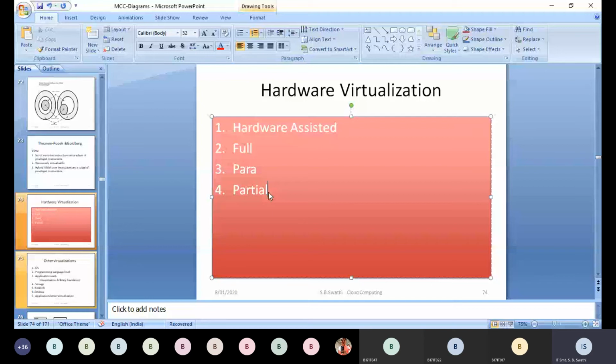So in that case, it is going to access the resources of hardware as well as the OS, but only a few resources of the OS can be accessed here.